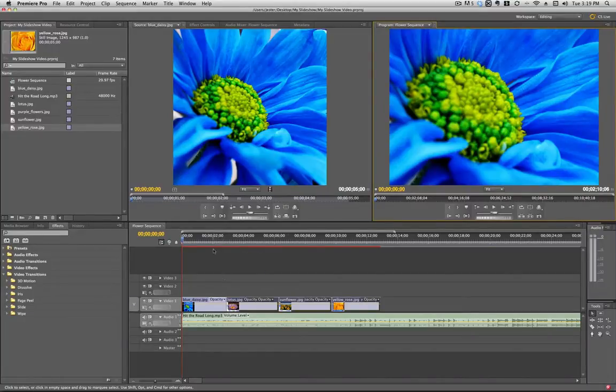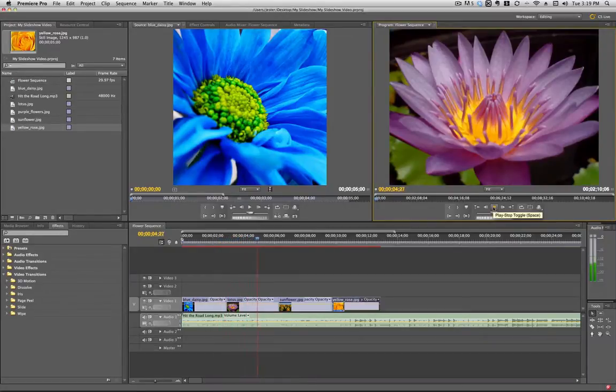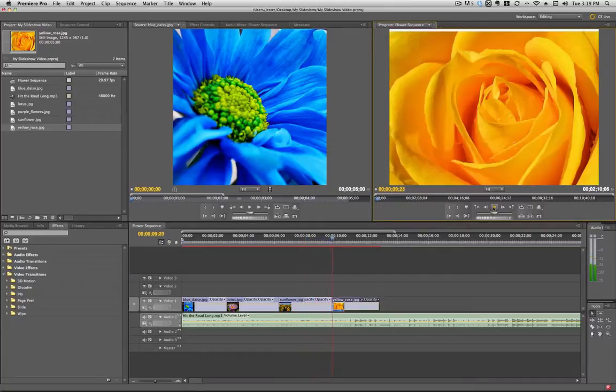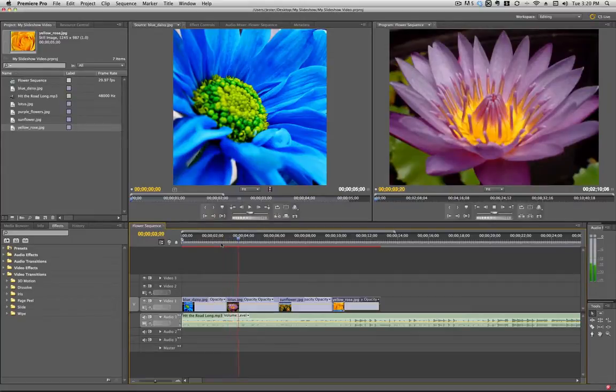So I've gone ahead and worked ahead a little bit, and I've added a couple more video clips to the timeline. You can see them here, and now of course when I play this, you'll see that it switches to each flower or each image subsequently. So that's great, it looks okay, but what I really would like to do is have some kind of a transition in between the images, so it doesn't just do this sort of hard cut,